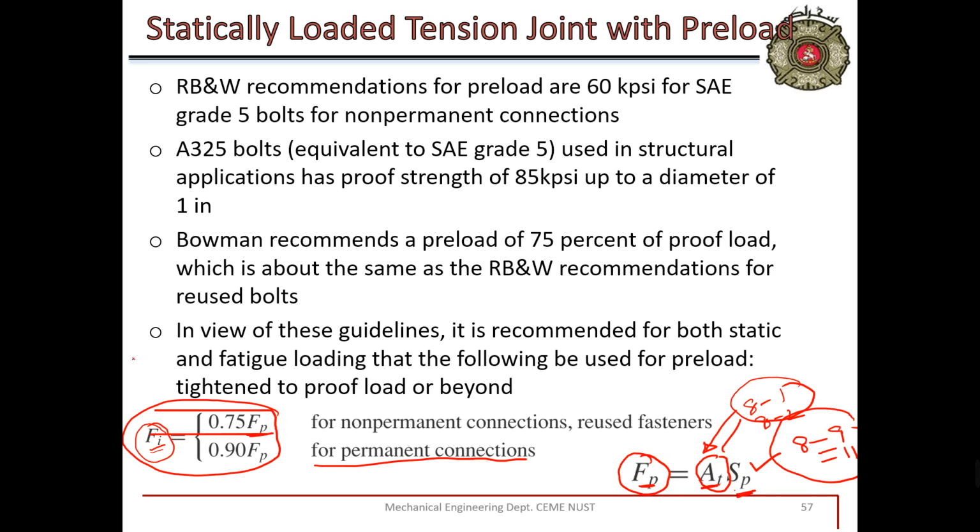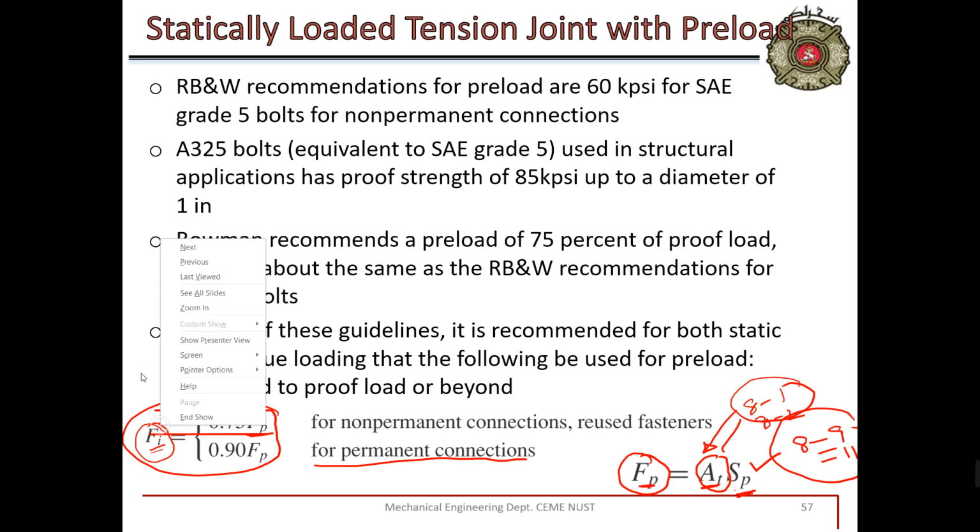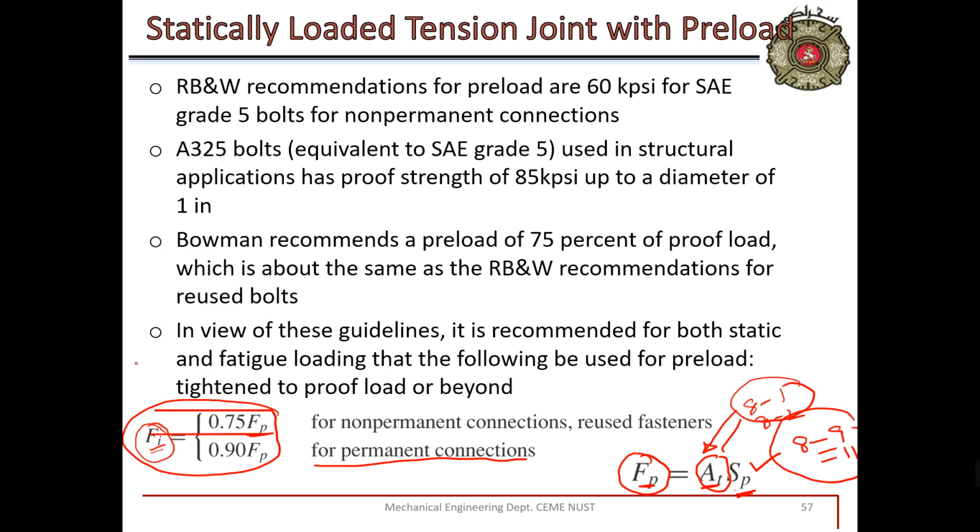How can you change? If you know Pm, the maximum load supported by members, Fi has to be more than that. For example, if you know Pm is equal to 100 Newton, then Fi has to be at least 100 Newton or more than 100 Newton. You know Fi divided by 0.75 will give you the minimum value of Fp. If you know the area of the bolt and you know the minimum amount of Fp, you can calculate